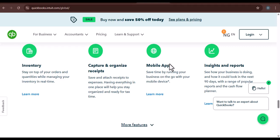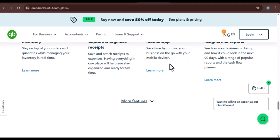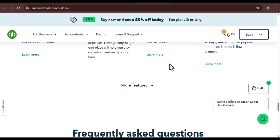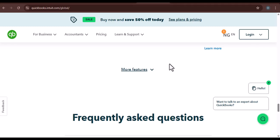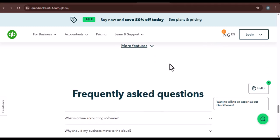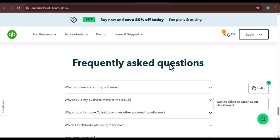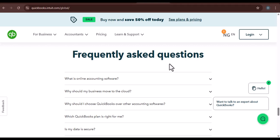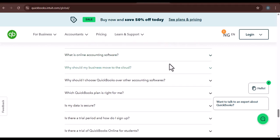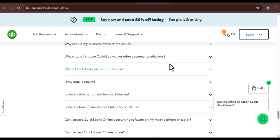When you suspect data corruption or security issues, immediate action is paramount. If QuickBooks is behaving erratically, data is missing or incorrect, or you suspect unauthorized access to your account, don't delay in contacting support. Data corruption can lead to significant financial losses, and security breaches can have severe consequences for your business and your customers. QuickBooks support can help you assess the situation, recover data if possible, and implement security measures